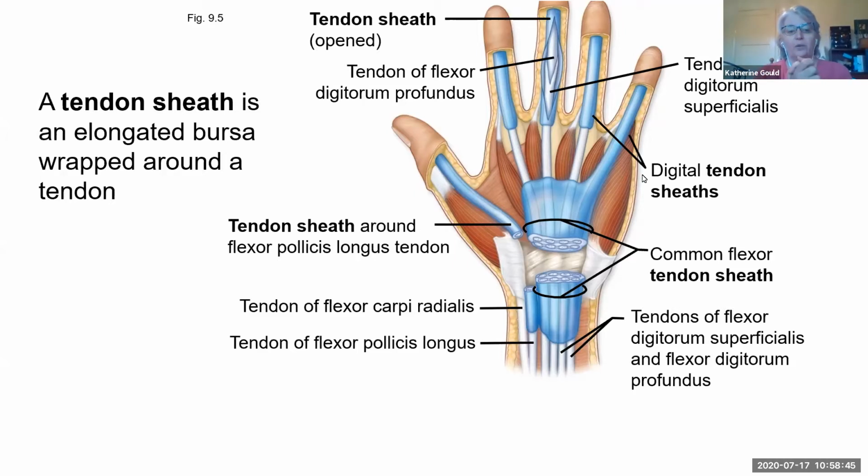All right, so we have 3 types of joints. We have fibrous, cartilaginous, and synovial. And then we have 3 functional categories. Synarthrosis, not moving. Amphiarthrosis, a little bit of movement. Diarthrosis, free movement. And then we have,